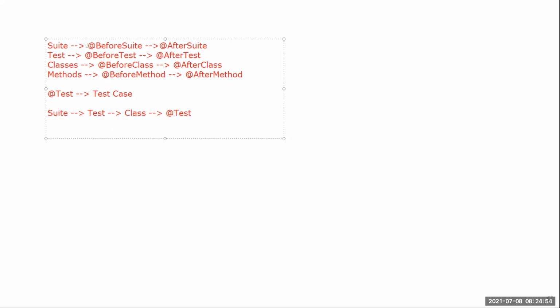Now if we put these annotations in this hierarchical, or execution, order, let us assume that we are using all the 9 annotations. It is not mandatory to use all the 9. Based on the need, we will use them. But for now let us assume we are using all 9. So let me write this: BeforeSuite, because before executing this suite, I have to do some setup. That setup will be done in BeforeSuite. After this, it will go into BeforeTest.